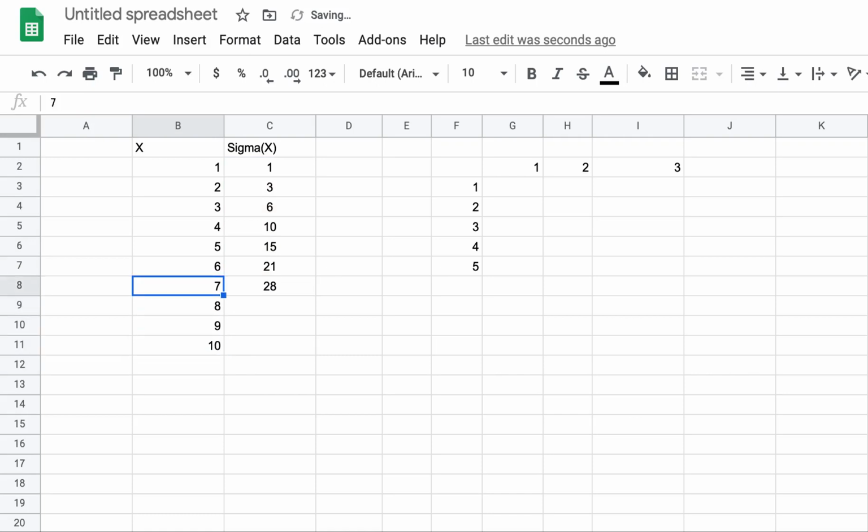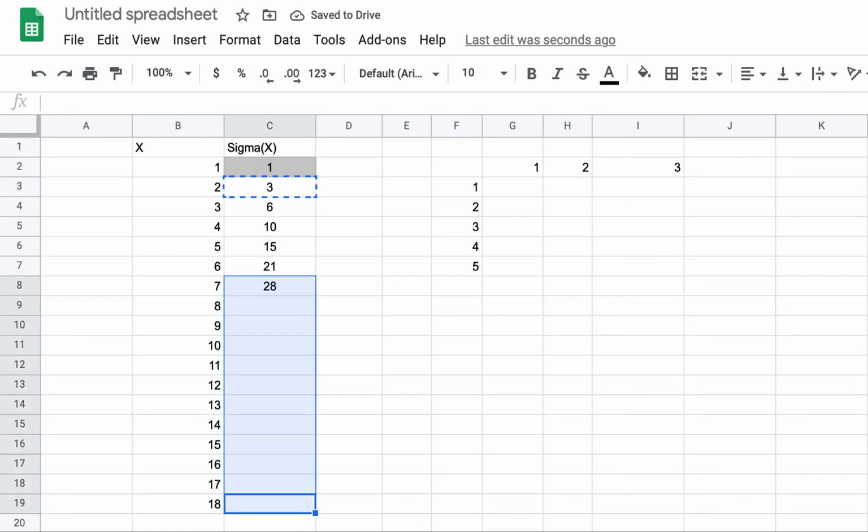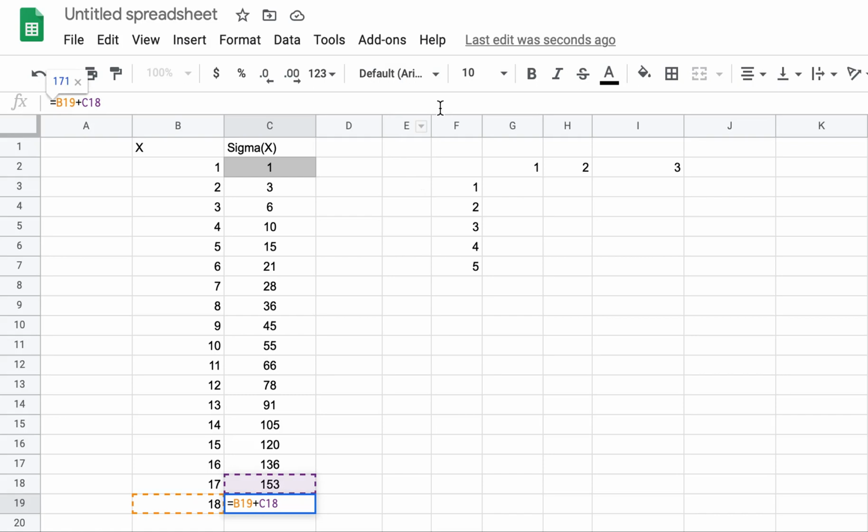Even this extending you don't need to type, right? What is 2? 2 is 1 plus 1. What is 3? 3 is 2 plus 1. So now if you have already defined that this cell will be the cell above it plus 1, then you just can take and copy paste. See the magic? You have generated numbers till 18 without typing. And then same formula, don't copy 1 because 1 was a constant, it is a special value. Let me color it grey. But after that formula starts, just take this and copy paste. You can check also, 171 is nothing but sum of all the numbers from 1 till 18.